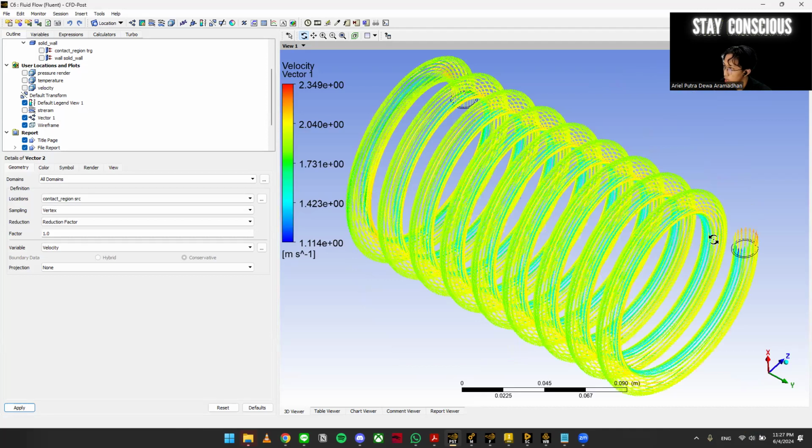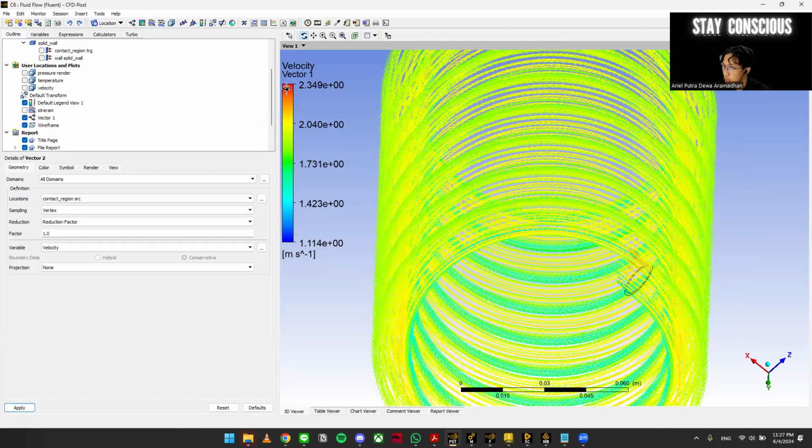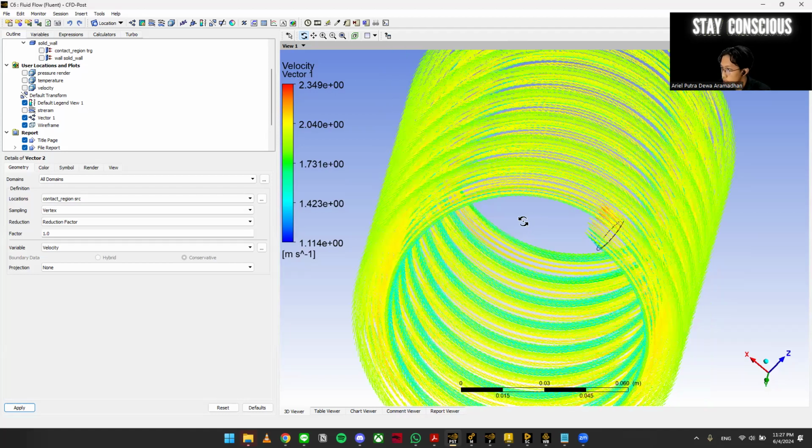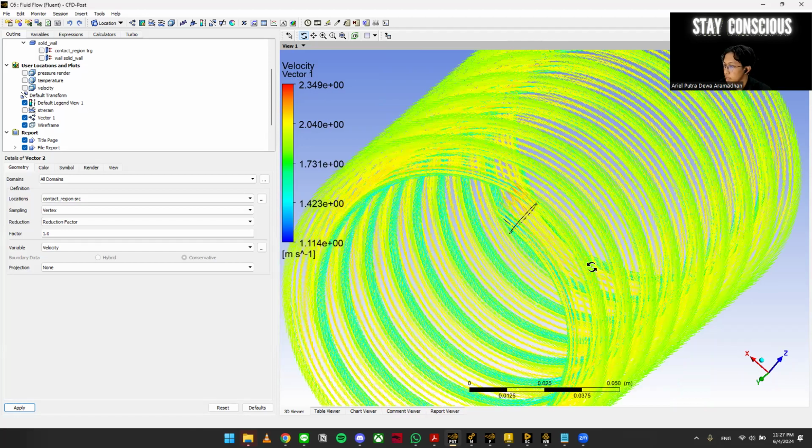As shown in the figure, the maximum velocity goes from the red color all the way down to the blue color. We can see the inside of the circle has a minimum velocity compared to the outside of the circle. And yeah, that's for the velocity.